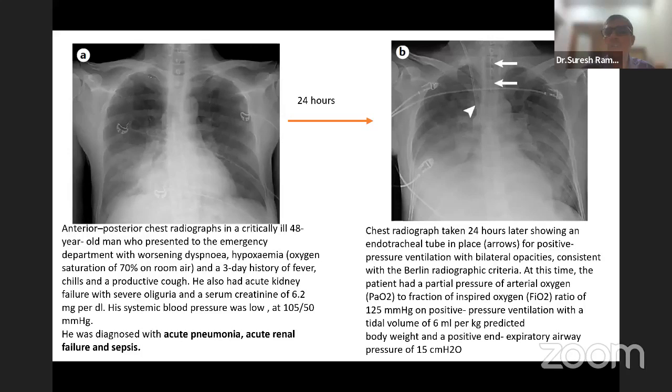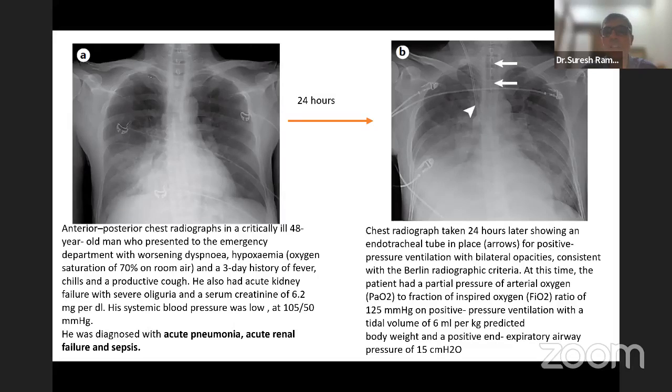All right, so this is what is very, very difficult. First, let's discuss the definition, because definition always gets controversial. When you see the guy on the left side who's come in with dyspnea, hypoxemia, on 70% saturation on room air, he's not ARDS because he's got a one-sided infiltrate, and he has acute kidney failure. So at that point he's acute pneumonia with hypoxemic respiratory failure. But 24 hours down the line, he's got bilateral alveolar infiltrates, and he meets the Berlin criteria for ARDS. So just hypoxemic respiratory failure and bilateral infiltrates is what makes all the difference.